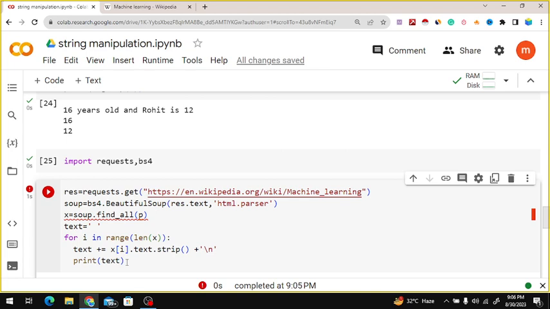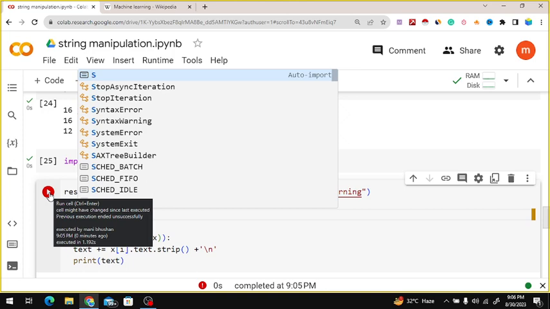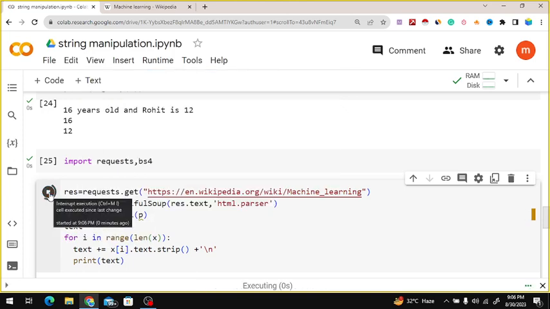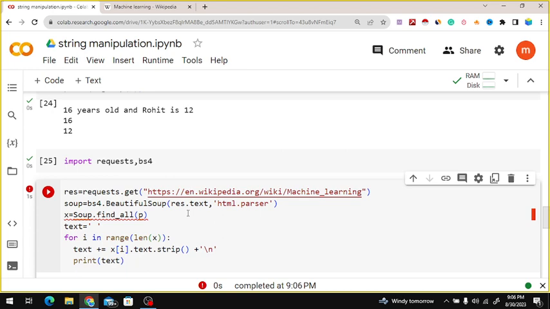So x will equal, I think, soup should be a capital letter, S-O-U-P. Fine.